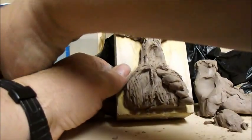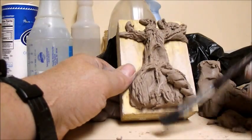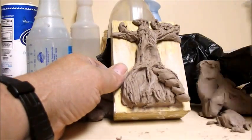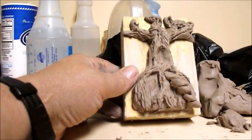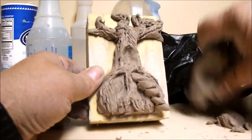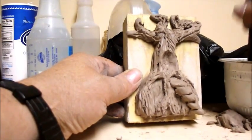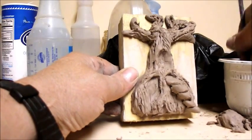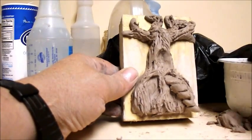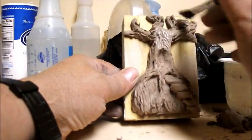Okay, so get a paintbrush now and just pick one that's a medium hardness, like this one here. And get your water bowl or water cup and put it nearby where you're working. Dab your brush into it. Let me see if I can push this over so you can see what I'm doing. If there's any clay on the brush, and you stab it into the bottom of the bowl where the water is, it will clean it off better. The other thing is, I don't want to get sopping wet because it'll just make a mess. So I'm just going to brush it,